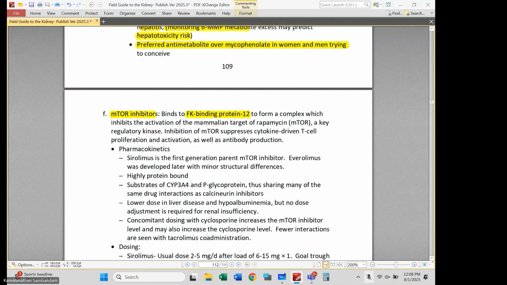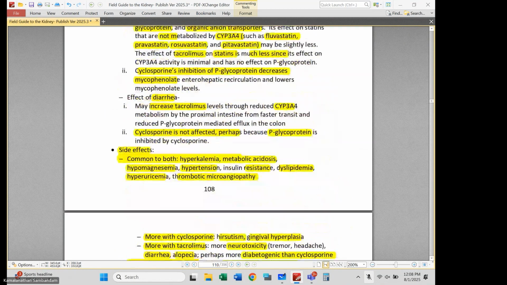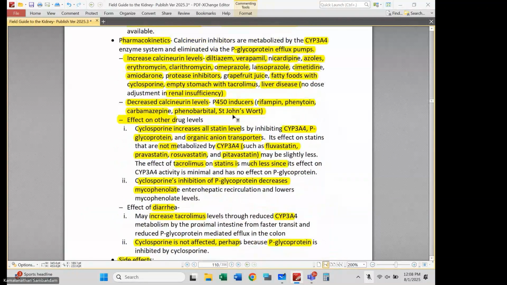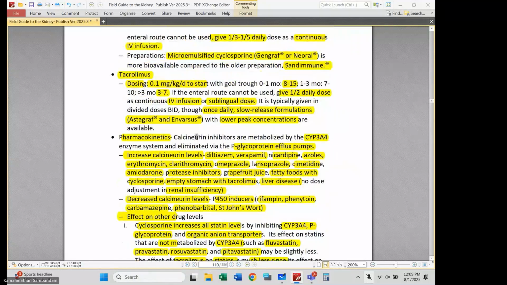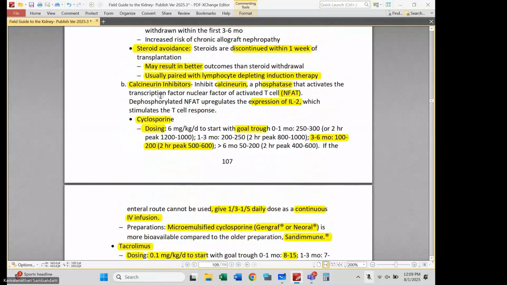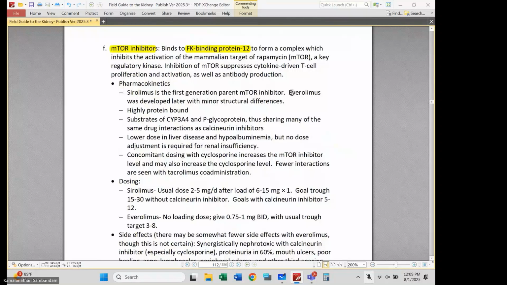But instead of modulating the NFAT transcription pathway, which we reviewed with our calcineurin inhibitors, right? Nuclear factor of activated T cell, NFAT. This intersects with cell cycle suppression or progression. Okay, so I remember I told you mTOR is an old